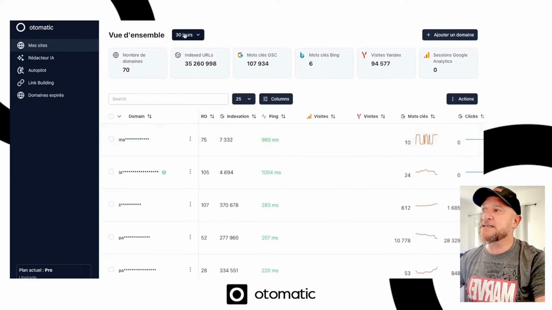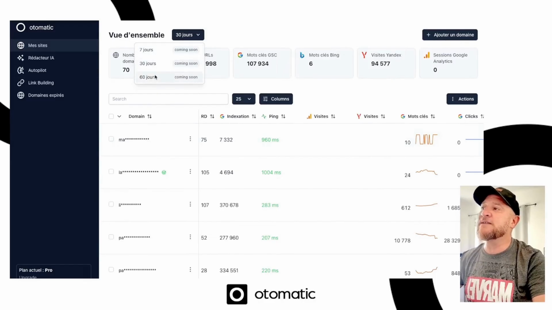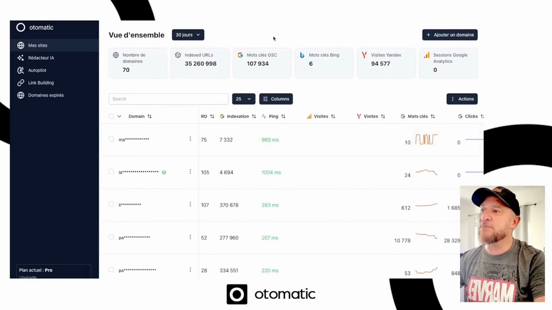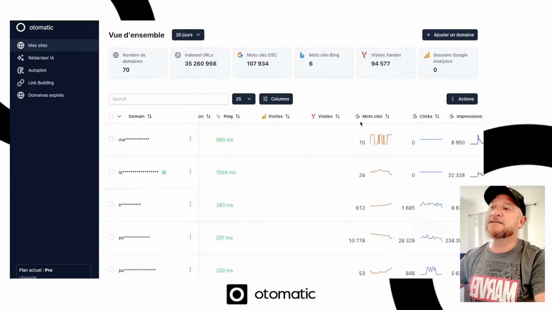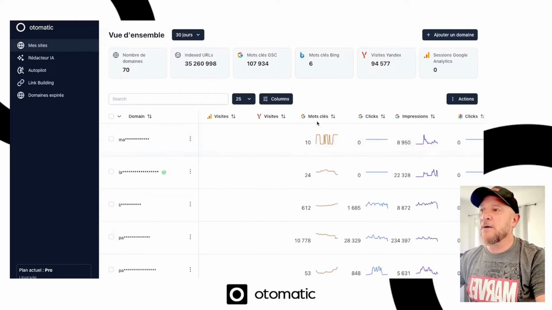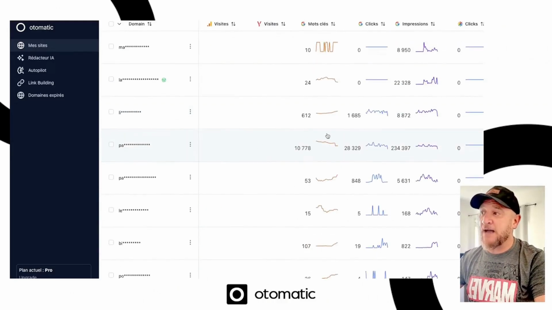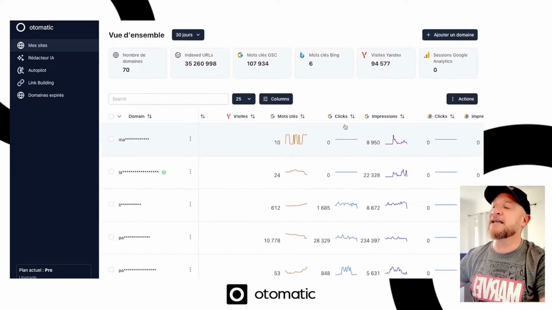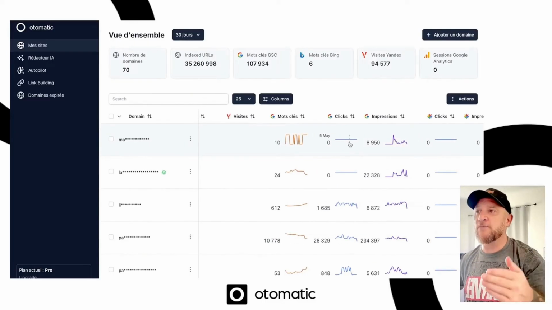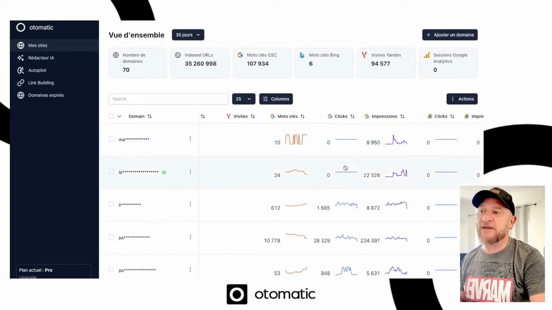Over 30 days is here. And soon we'll also have 7-day and 60-day periods available from the bulk monitoring. So your session numbers on Analytics or Yandex or both, obviously. The number of keywords you have, for example, in GSC, the number of clicks directly from GSC, that's Google Search Console. The number of clicks also over 30 days. So you get the details. You know, when you hover over it like this, you can see a bit of what's been happening over the last